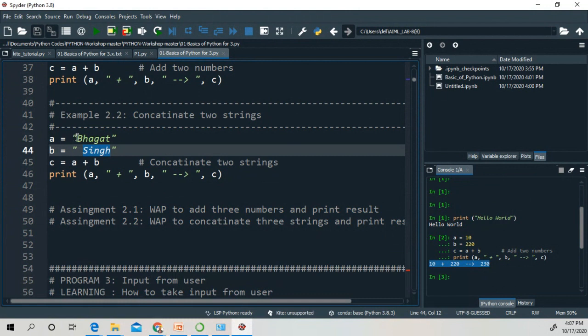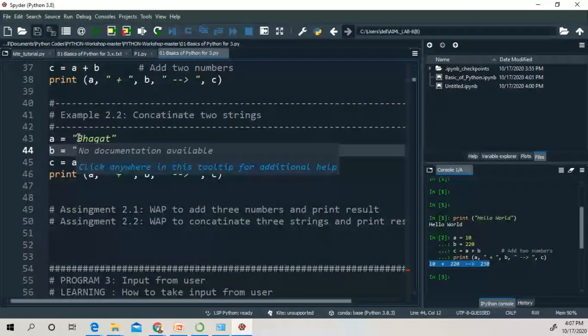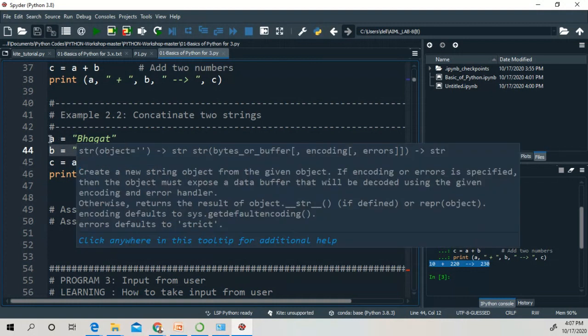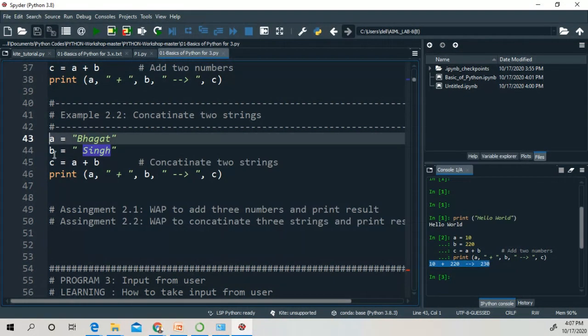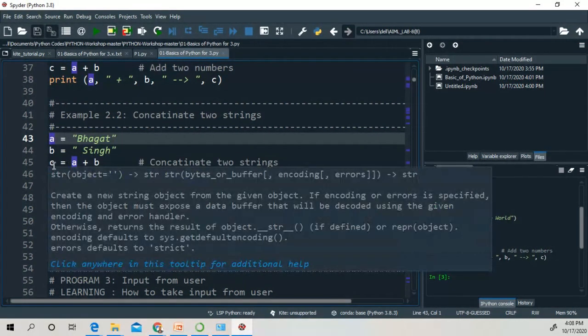Because we have used inverted commas. So we have to join these two strings together. We use c is equal to a plus b. So Bhagat plus Singh is written directly in c, Bhagat Singh.